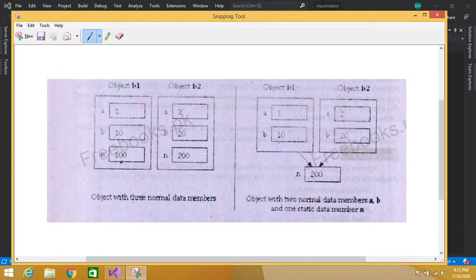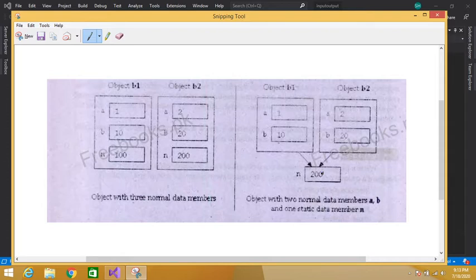Let's see here, object B1 has a different memory location for this n variable, and object B2 has a different memory location. But for a static data member, the memory location is the same for all objects of the class. So the same memory is shared among all the objects.